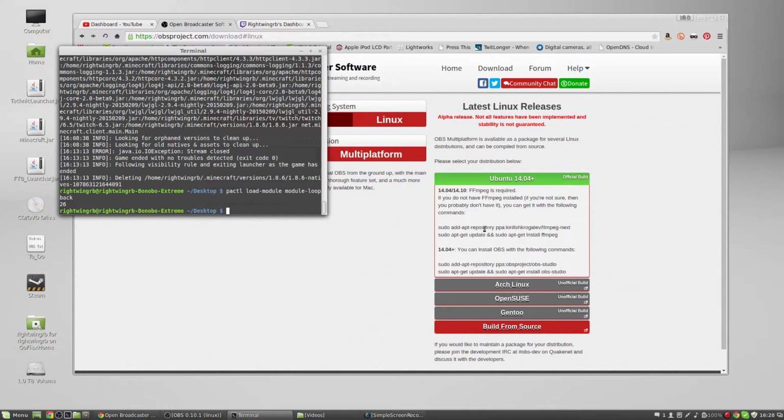Okay. You must install FFmpeg first. Don't try to run this all as one command. Do the FFmpeg install first, then do the OBS Studio install separately. If you try to do them together, you may corrupt OBS Studio. I had that problem early on because you can add the repositories, you can update everything, and then when you go to install, it doesn't necessarily install in the right order, and that can cause things to not work right. Now, we're not going to do this here live on camera because I've already done it,